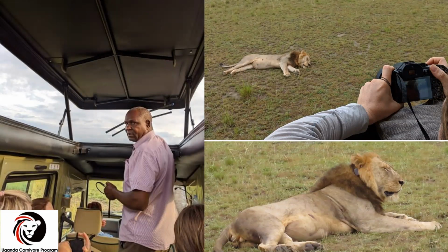grazing communities. And what you do with this activity is you're in a classic vehicle with your classic guide. It's a very early start to the day. It's up in the Kisenyi Plains in the northern part of the park. You meet one of the UCP researchers, this gentleman here that we were tracking with. His name is James Kalewa. He's one of the assistant research project managers with the Uganda Carnivore Project. And so he meets the vehicle, hops inside with his telemetry device, and off you go in search of lions